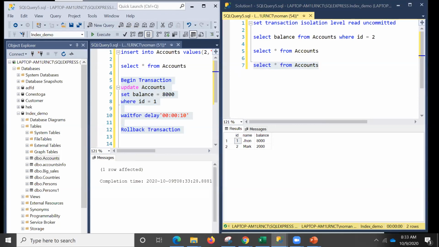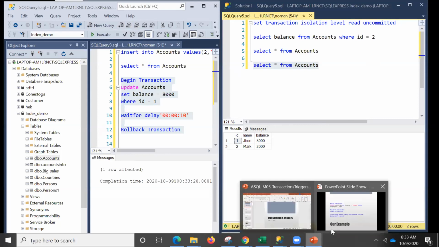Please everyone write in the chat window so that we move forward. And we have seen this transaction level setting, that we can set transaction isolation level read uncommitted, read committed, and we'll see what the different options are. Okay, thank you. I've got 4 or 5 responses, so you are able to successfully run that.